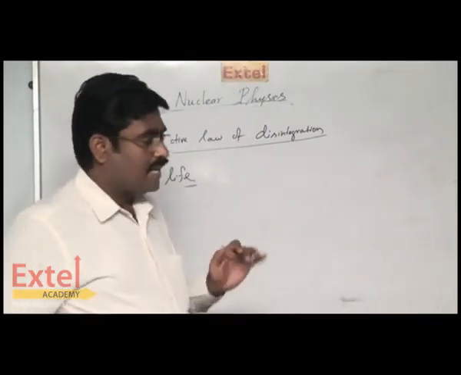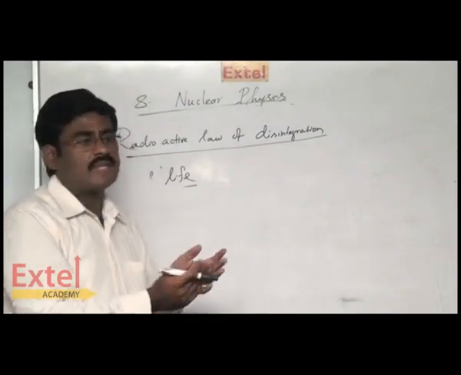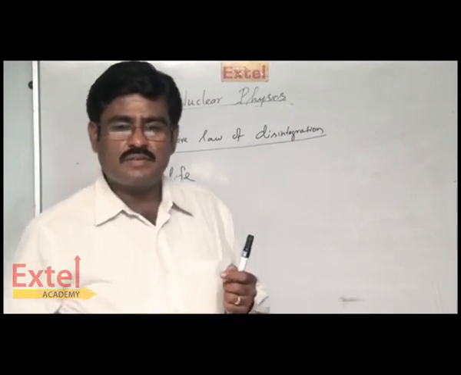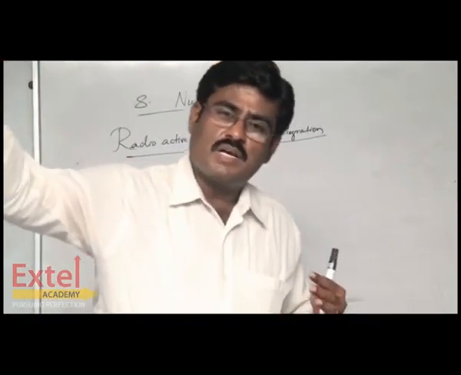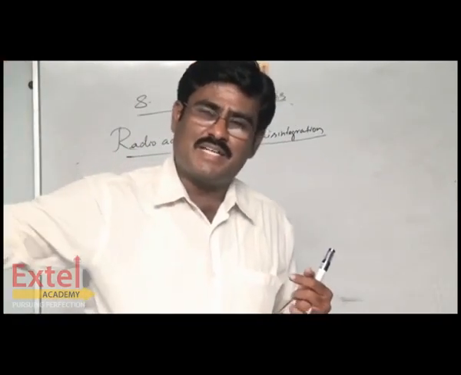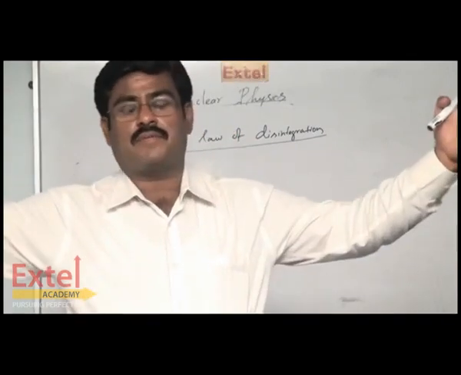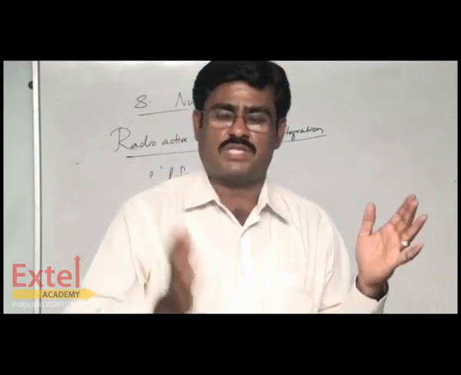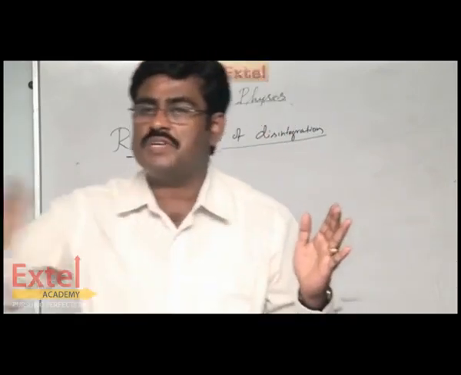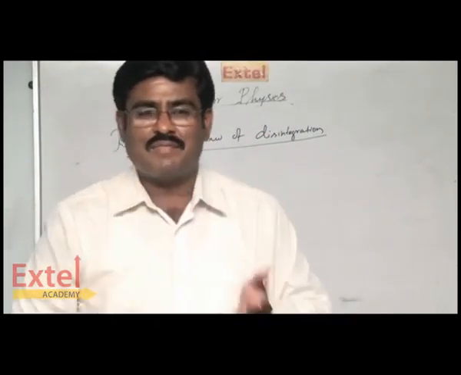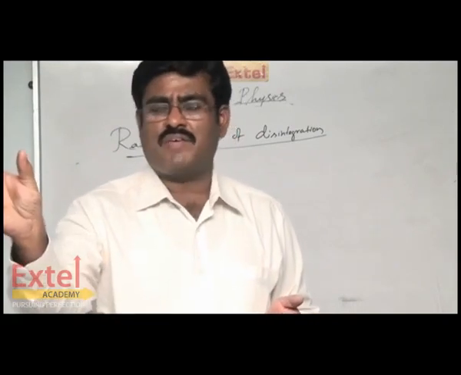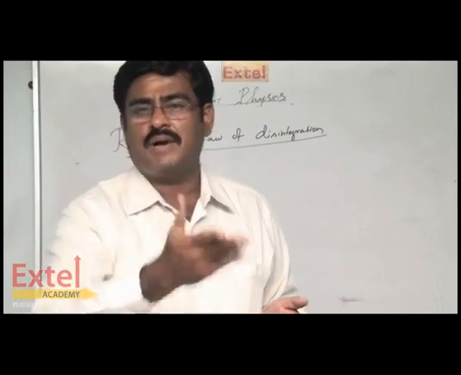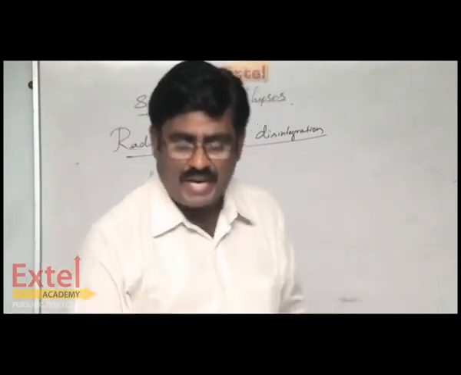The same way, in a given substance, the atom which decays first will have zero lifetime, correct? The atom which disintegrates finally will have an infinite lifetime. So the lifetime of an atom in a given radioactive substance will vary from 0 to infinity. So how to get a mean life? Take a number of atoms, calculate the total lifetime of those atoms, and divide by the number of atoms. So the mean life